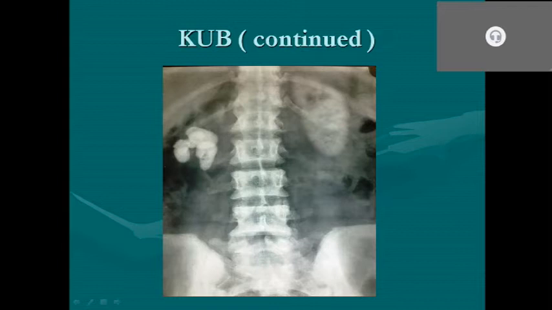And why T10? Because you can see the axis of the kidney. Here the kidney is very well visualized in the plain X-ray in spite of it being a plain X-ray. As you can see, the kidney axis is 30 degrees medially and posteriorly. This is the axis. It cuts both kidney axes, normally at T10 level. So the exposure of X-ray KUB is from T10 to the lower border of the pubic symphysis or lesser trochanter, so that with the complete kidney axis you can comment on any renal stone, any ureteric stone, any bladder stone, any prostatic urethral stone.